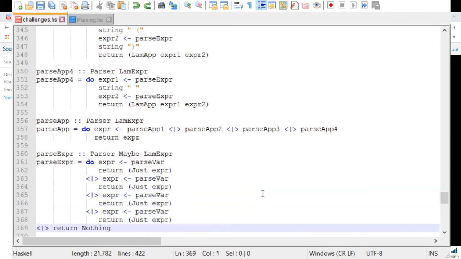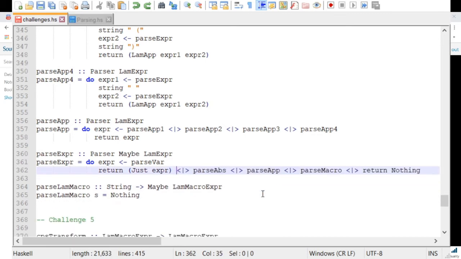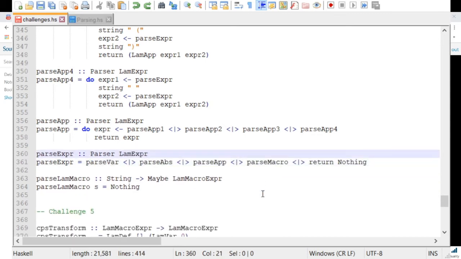Let's put this back to what it was earlier, before I tried to mess around with the maybes, because honestly, that's kind of where everything started going wrong, really, isn't it? So let's go back to this. This one works,